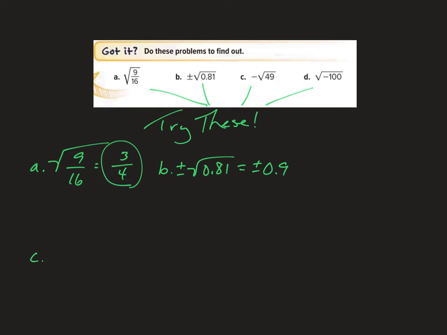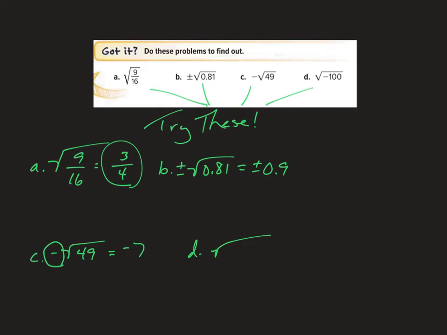Problem C, I'm being asked to find the negative square root of 49. And my answer is negative 7. And the reason I'm listing it as negative 7 is I'm only being asked to find the negative square root, not the positive and negative square root. And then finally D,